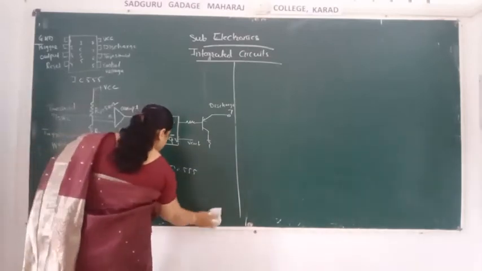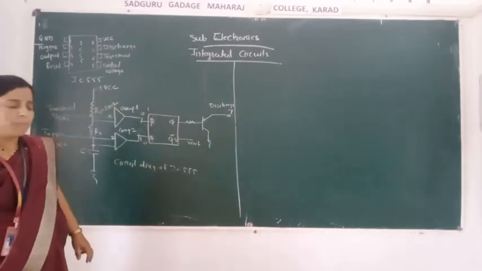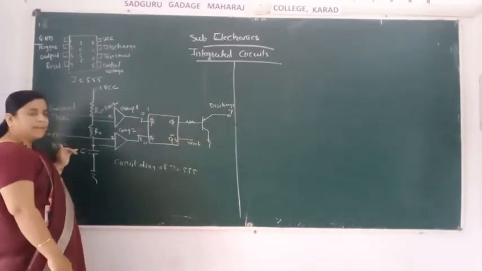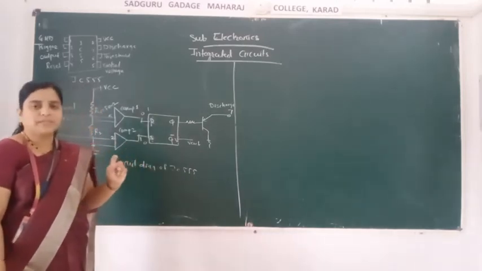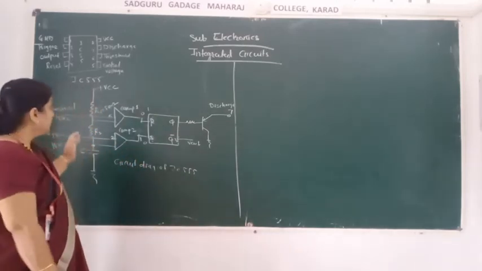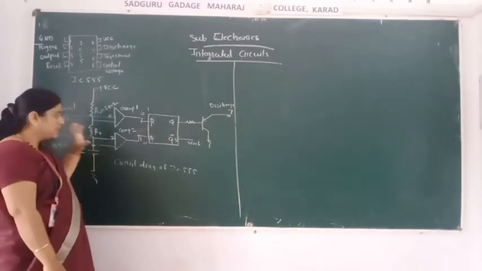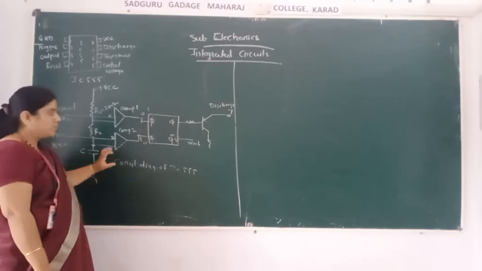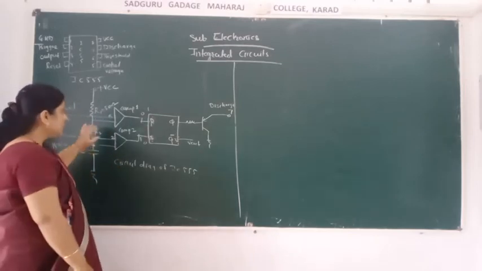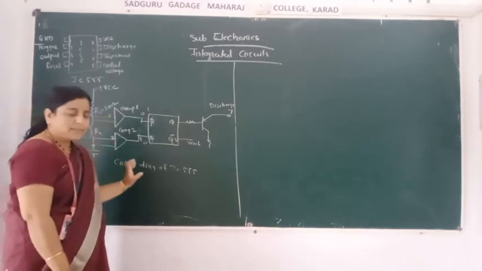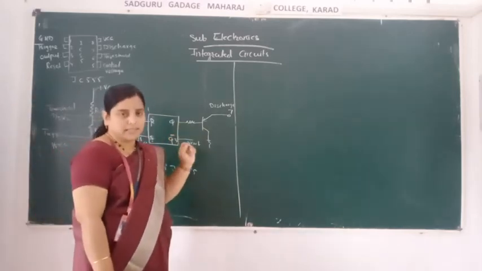See, if we give the full supply, that is the VCC supply, it will be divided into two supplies, 2/3 of VCC and 1/3 of VCC. Therefore, this circuit is called the divider circuit. So how many circuits are there in the circuit diagram of IC 555? The first is the divider circuit. These two are the comparators. Then a flip flop is used and one transistor circuit is used.